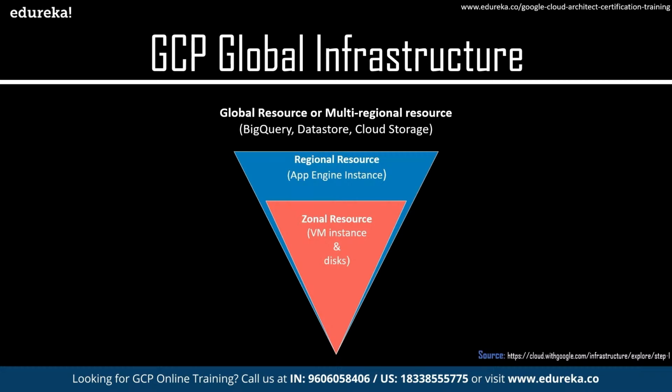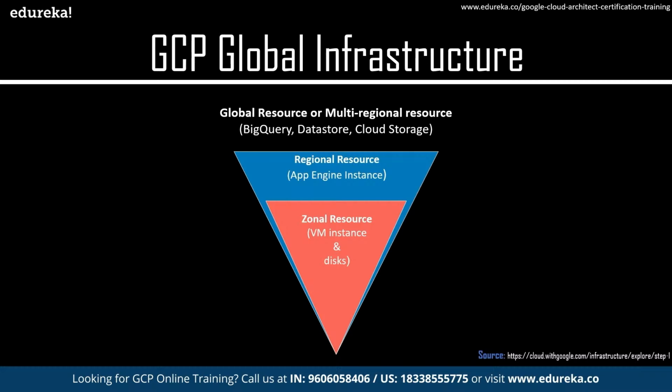Now, that server has to reside in a particular region. That geographical location is called your region. So you'll have your servers and your regions, and your data would reside in these different geographical locations. These different regions across the globe are connected by a low latency network. What that means is you can access all this data over the internet and stay connected to these different regions and different zones.